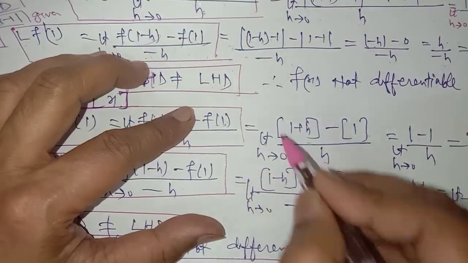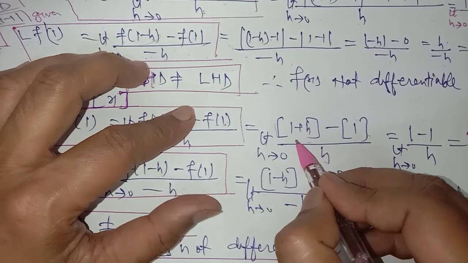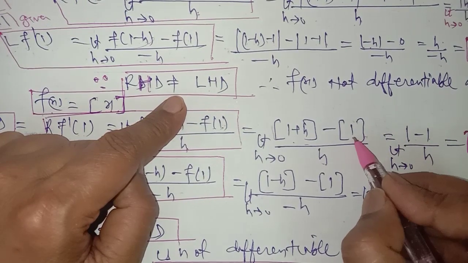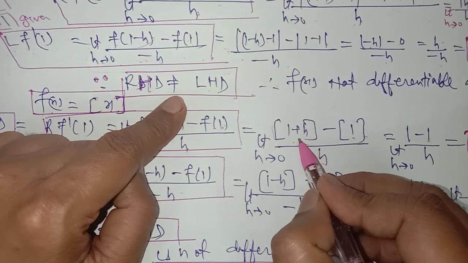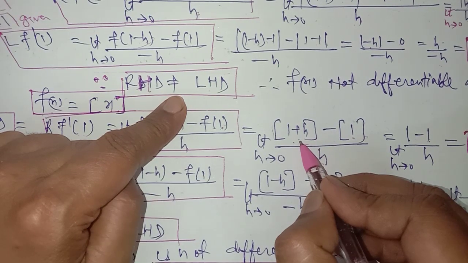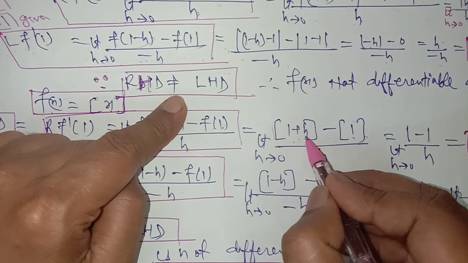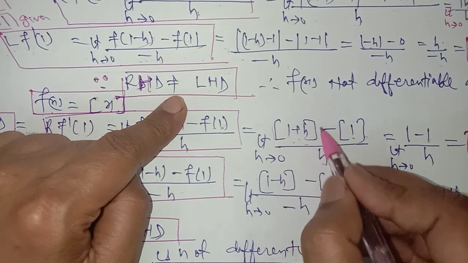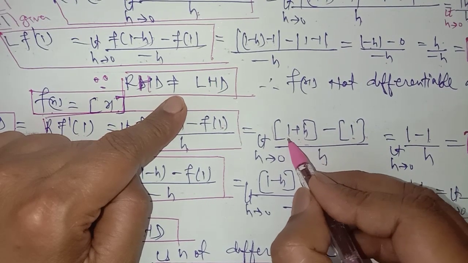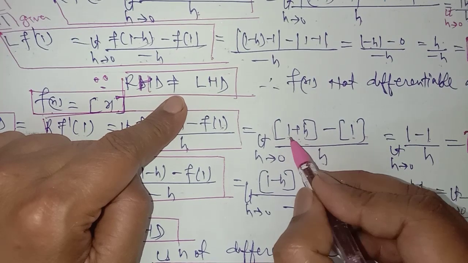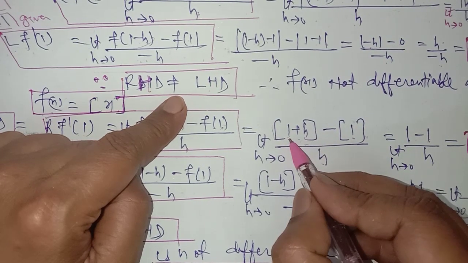Now you should know the meaning of this sign. The step function means the value of the step function is an integer when the input is an integer, and whenever we have any decimal, then it is equal to the integer just before that. Now 1 plus h means 1 point something. The step function of 1 point something will be equal to 1 because the step function is the smaller integer than the given decimal, just the smaller integer than that.